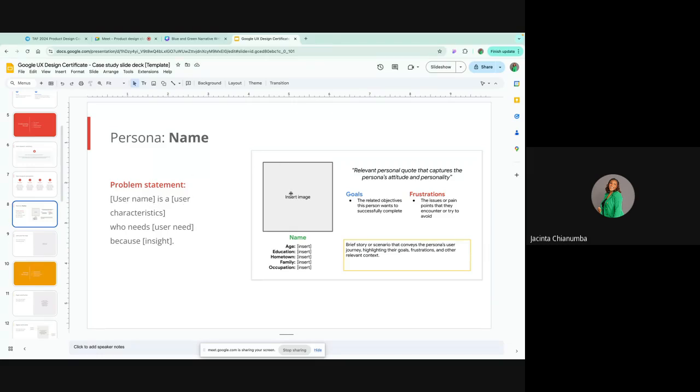You can say, for persona, we use fictional personalities. So you can say you have a persona of Mary, for example. It might not actually be an actual human being, it could just be a fictional person. So you can say Mary is a restaurant owner. Those are the characteristics. Mary is a restaurant owner who needs, let me say,